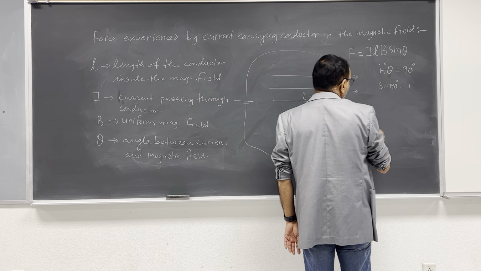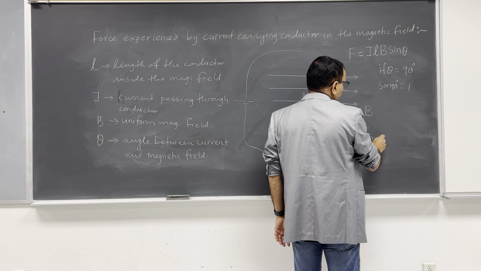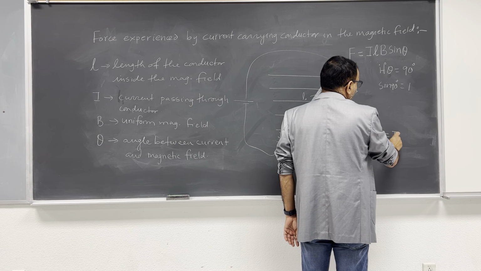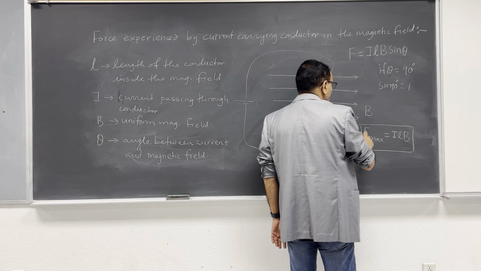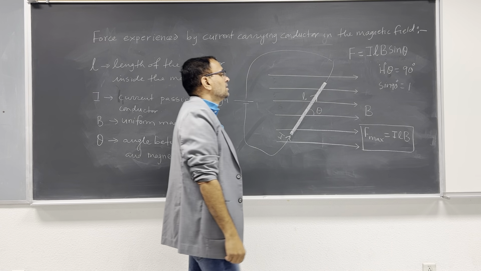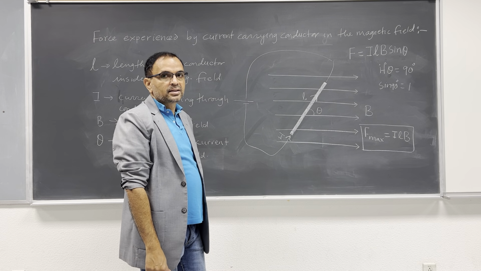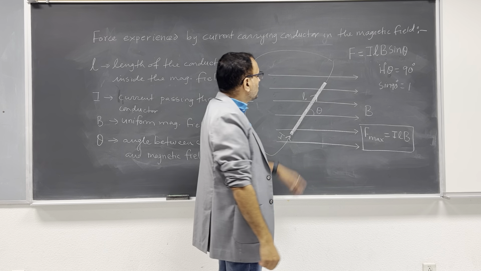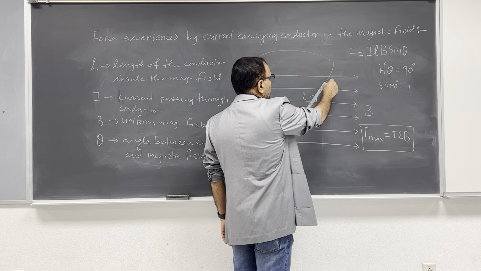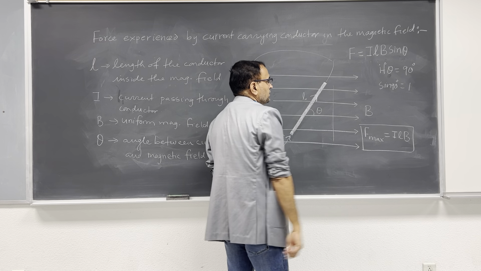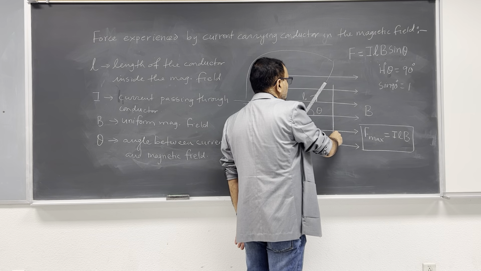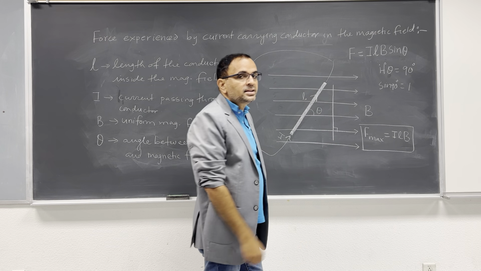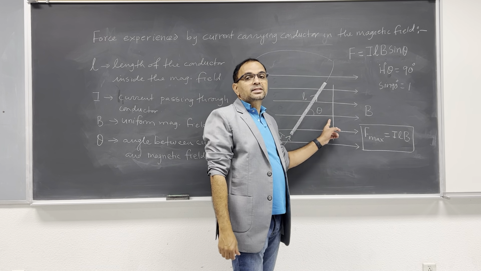So you get the maximum force, F max, equal to I L B. This is the maximum force experienced by the conductor inside the magnetic field. That means if the conductor is perpendicular like this, theta is 90 degrees, then this conductor experiences the maximum